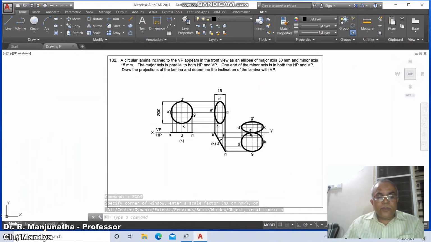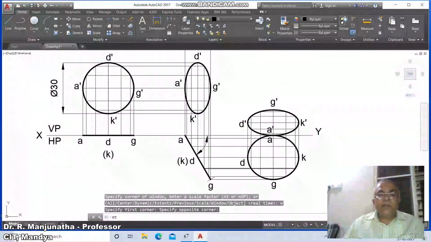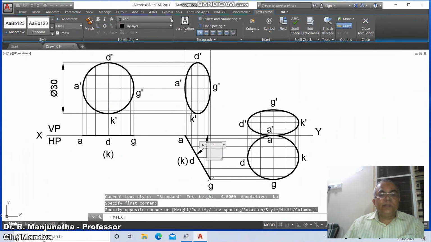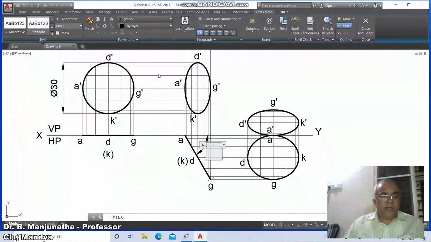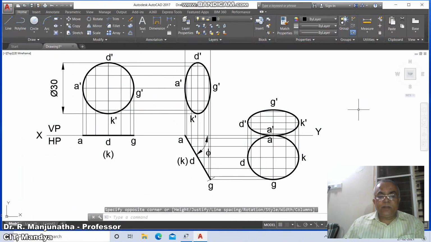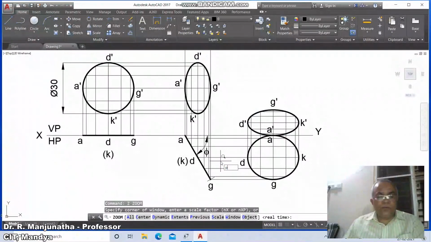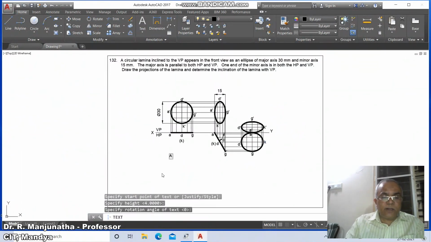So now you just go to M text, just go to MT, select this box, and go to symbol, select this symbol, and here type 5 and enter. Then go to move, select this and place it here. Then go to zoom previous and go to D text and type answer,